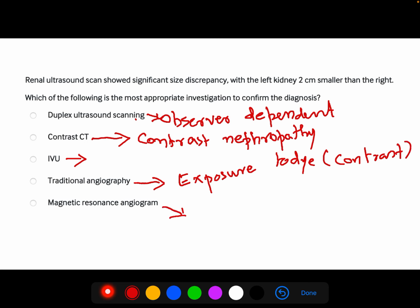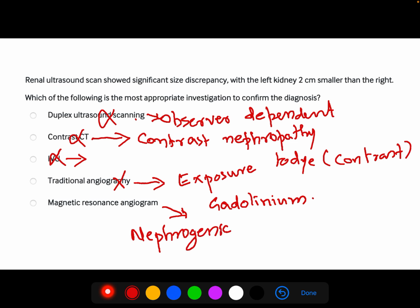Then the only choice left is MR angiography. MR angiography is an investigation which can be done to make a diagnosis of renal artery stenosis. But the only problem with the contrast used for MRI is gadolinium. Exposure to gadolinium, in patients with renal failure, can cause nephrogenic systemic sclerosis, also called nephrogenic fibrosing